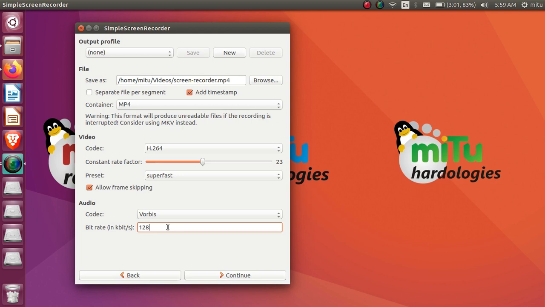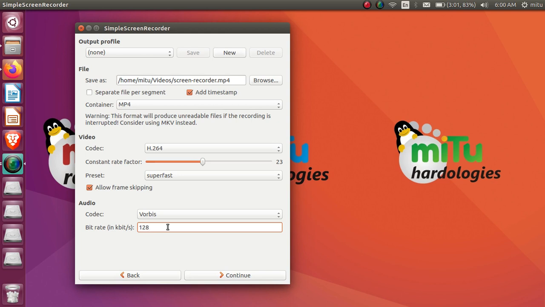A higher audio rate will make the audio clearer and also increase the size of the file. So if you want to keep the audio reasonably clear as well as keep a moderate file size, I'll be using 128 kilobits per second as the audio rate.